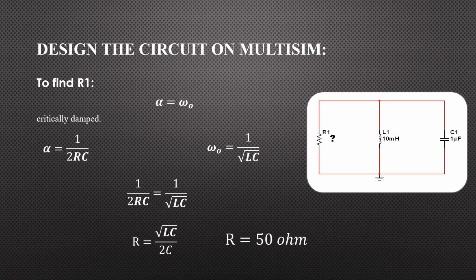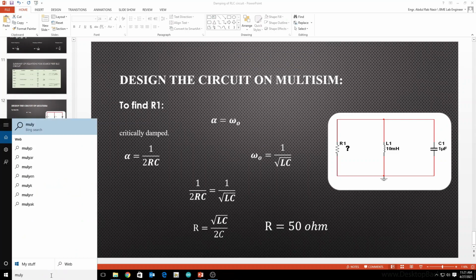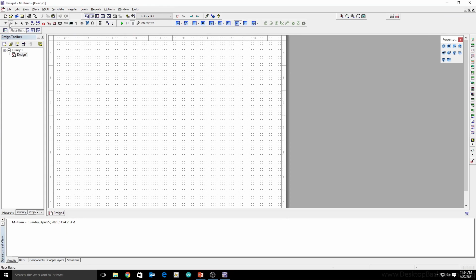So let's try to build this circuit on Multisim. I'm using Multisim 14.